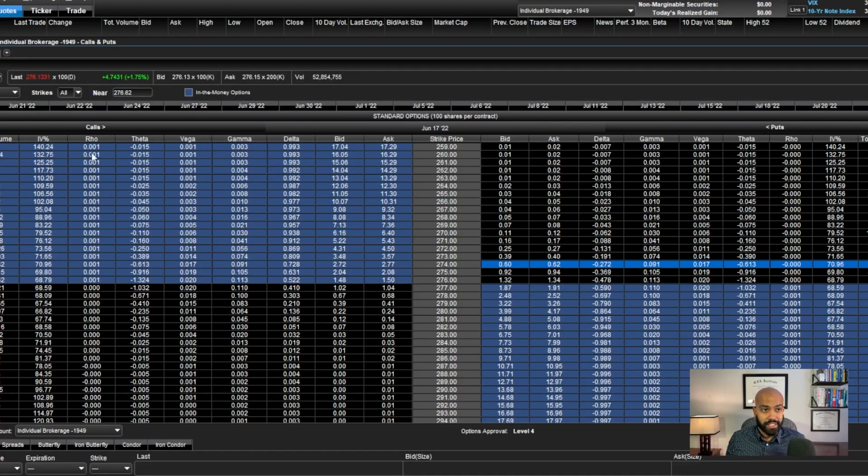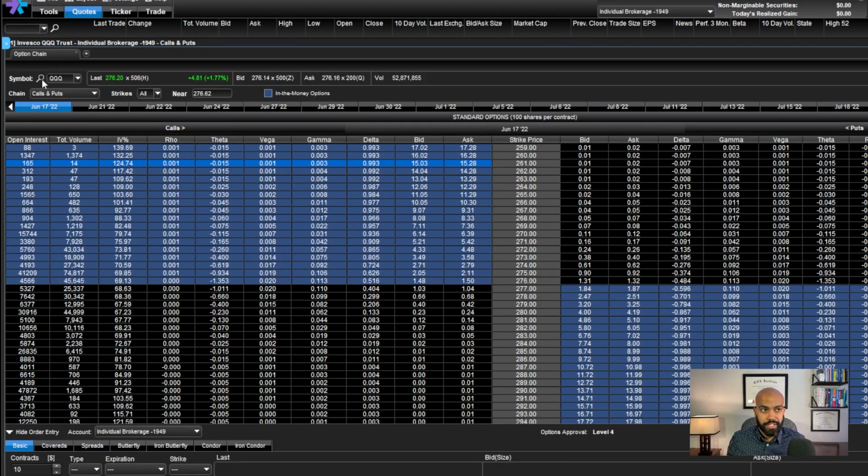All right, so on the left side, you can see we have calls right over here. And then on the right side, we have puts right over here. So let's work top to bottom. At the top of the screen, you could see we're looking at QQQ, the price it's currently trading at. And because this is during market open, right now it's 1:30 p.m. on June 17th. And you could see the price, the bid asks, the volume, this is the number of shares